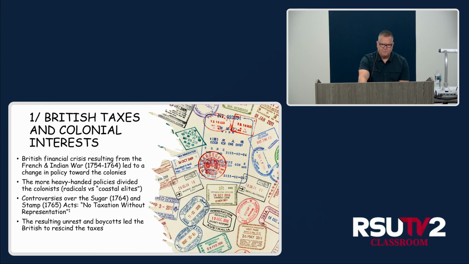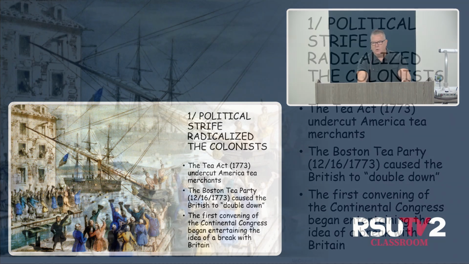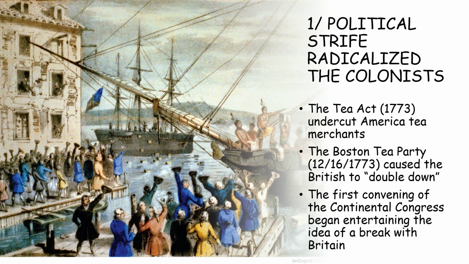So as a result of the Stamp Act Congress, there was a boycott. The British recognized that the controversy was not going to go away, so they very quickly rescinded the taxes. But that really didn't end the growing alienation between the colonies and the British. You also had, again, the passage of the Tea Act. Now, the Tea Act was really antagonizing to the colonies for a number of reasons. First and foremost,